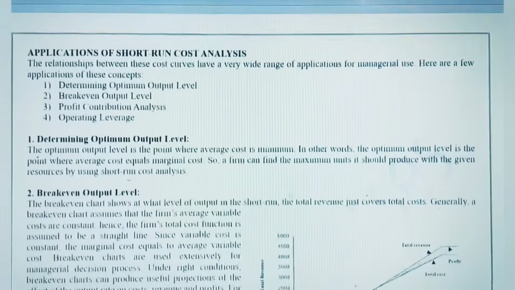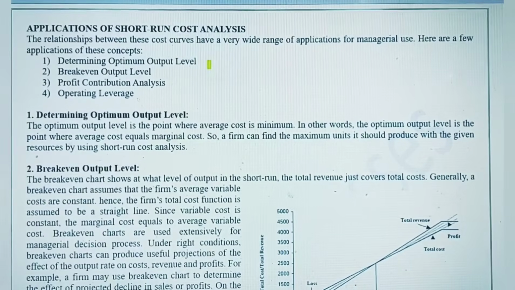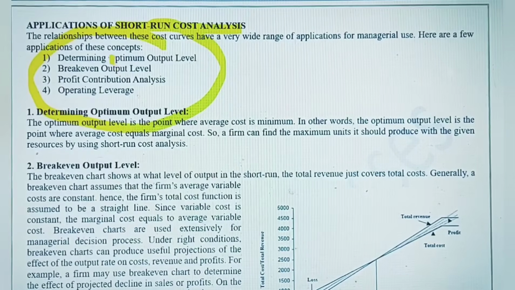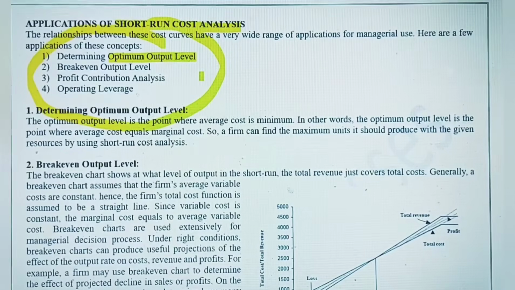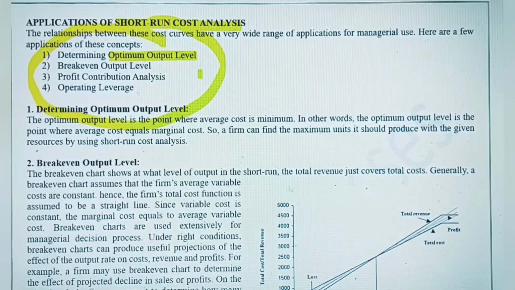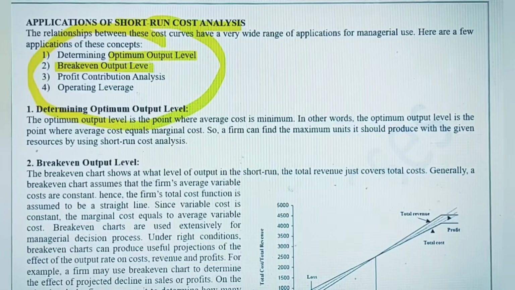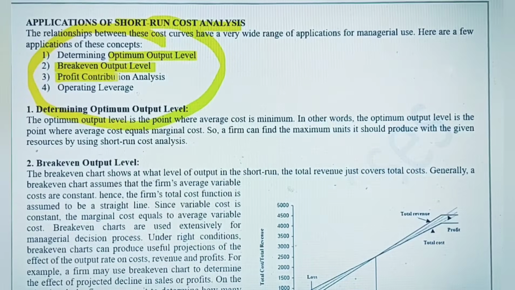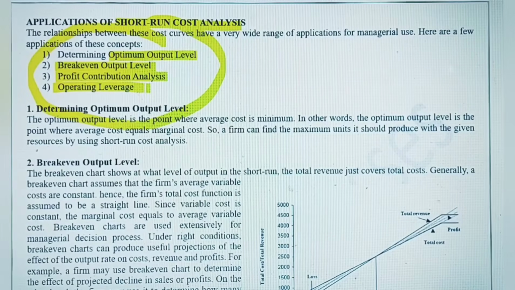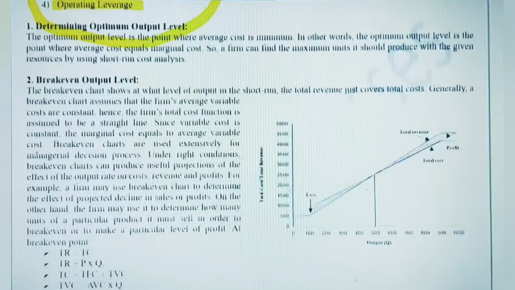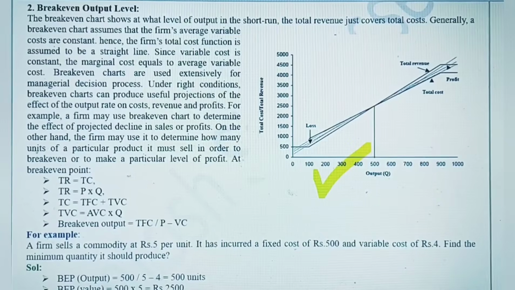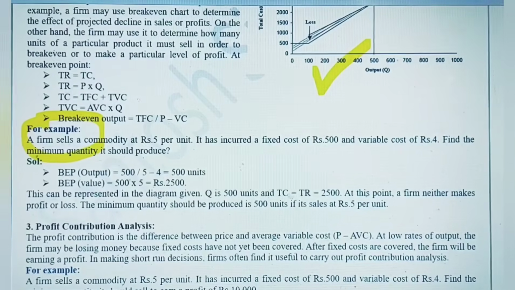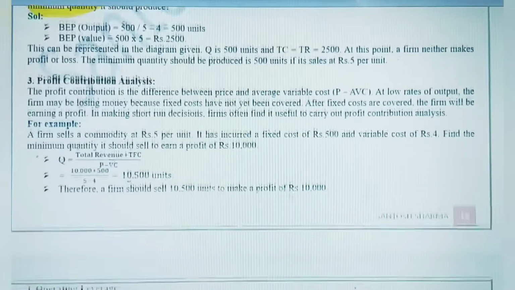और ये diagram को भी explain कर सकते हैं। And ये है average and marginal curve का diagram जो हम लोग short run cost analysis में करते हैं। एंड दीज आर द डिफरेंट एप्लीकेशंस। ये जो शॉर्ट रन कॉस्ट एनालिसिस है, ये 4 मेन एप्लीकेशंस होते हैं बिजनेस में। सबसे पहला जो सबसे इम्पॉर्टेंट है, ऑप्टिमम आउटपुट लेवल। एक कंपनी को कितना मैन्युफैक्चरिंग करना चाहिए, सो दैट कैन बी फाउंड आउट। एक और है ब्रेक इवन आउटपुट लेवल। ये भी बहुत इंपॉर्टेंट है कि जहाँ पे कंपनी को ना तो प्रॉफिट ना लॉस हो। एंड प्रॉफिट कंट्रीब्यूशन एनालिसिस, जहाँ पे कंपनी को मार्जिनल प्रॉफिट मिले। एंड ऑपरेटिंग लिवरेज। एंड यहाँ पे मैंने ब्रेक इवन आउटपुट लेवल का एक डायग्राम बनाया बिकॉज ये क्वेश्चन एग्जाम में अलग से ही आ सकता है, आपको पूछ सकता है। एंड इसके एक न्यूमेरिकल एग्जाम्पल ये भी आप डाल सकते हैं टू एक्सप्लेन द आंसर, सो लाइक दिस।